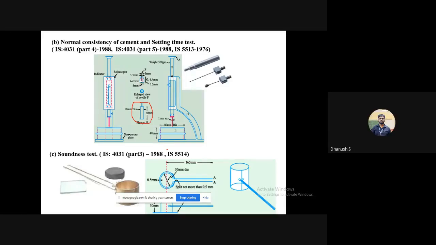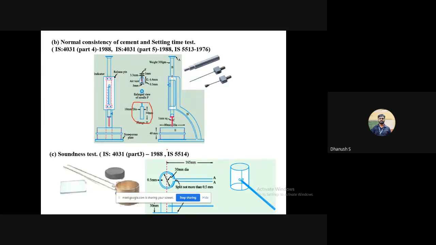So it can either be too harsh or too much like a paste, okay, or it can be too runny like water. Again I keep giving the example between, say, a normal dosa batter and your neer dosa batter. Neer dosa is very watery, meaning there's too much water to less rice paste. Whereas a normal dosa batter is actually a little harsher consistency. So think of cement like dosa batter for now.